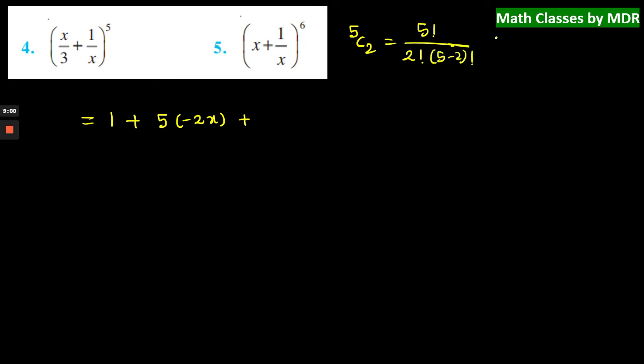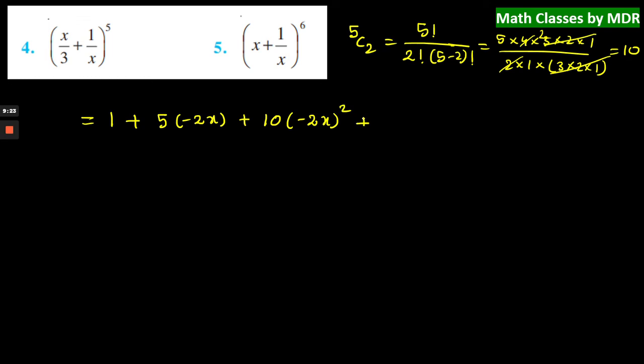So we can write it as 5 into 4 into 3 into 2 into 1, and 2 factorial is 2 into 1, and 5 minus 2, 3 factorial is 3 into 2 into 1. So 3 into 2 into 1 will get cancelled, 2 will get cancelled, and it is equal to 10. That means it is 10 into minus 2x whole square plus